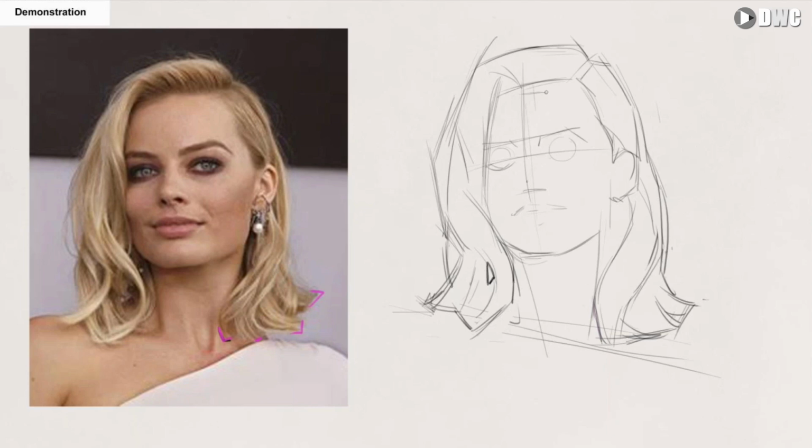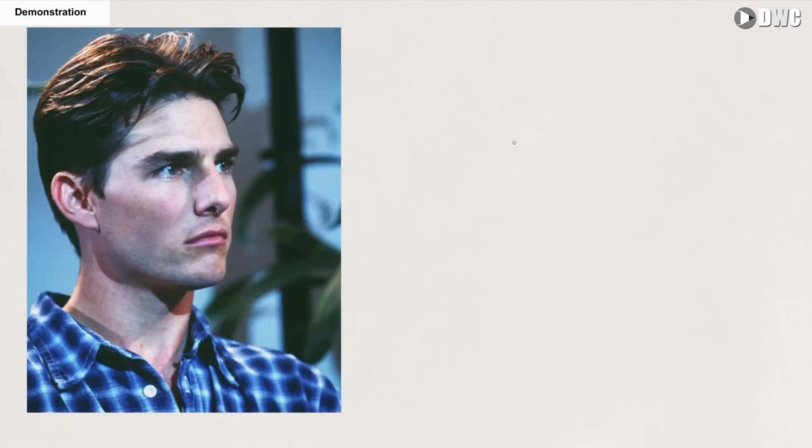And then if I wanted, now I can add the details, right? Things like that. Now it's the time to do that. Okay, we have a male here. Let's just quickly ghost in my